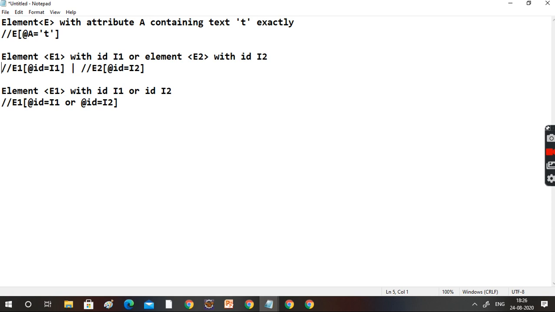I'm repeating one more time: if you want to identify me, you can identify me with the help of my name, my company name, my native place, or any other way, right? Similarly, you can identify one web element using different techniques. Okay, so we learned 3 techniques. Again we are going to learn 3 more techniques using the tag. Let's see right now.